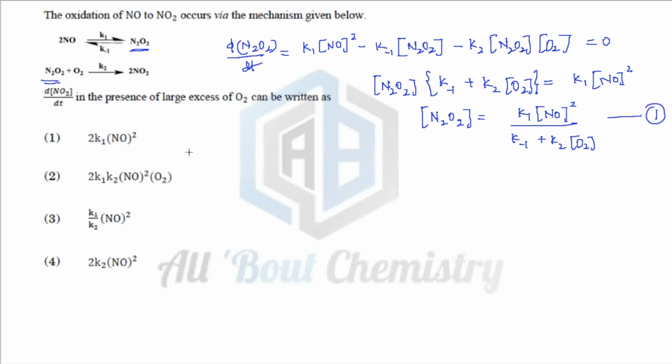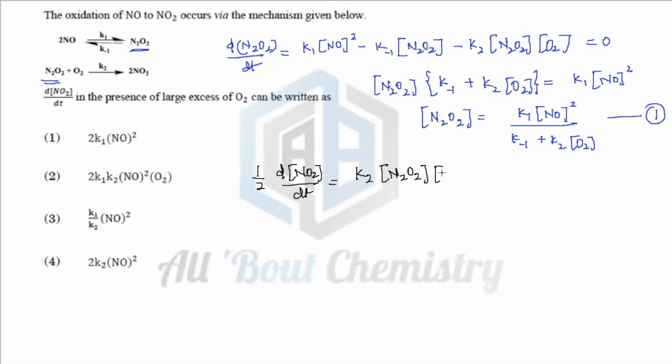Now from the given equation, if I have to write down the rate of formation of NO2, you can see the second reaction is giving you the formation of that, but 2 moles of NO2 are getting formed. So from the given reaction, what you can write down is that for half mole of NO2, d[NO2]/dt, okay, that's how we write down rate equations. The coefficient comes in the denominator, and that is equal to k2